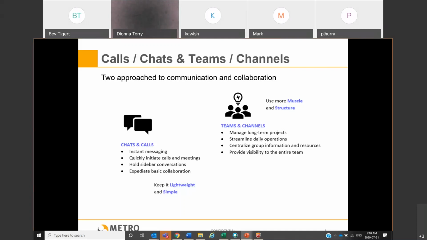There's lots of different ways that we can use our teams and channels. You can also use your teams and channels for a repository for your SOPs, your training guides, keeping it all in one space, all in this collaborative hub. So all of the communication, all of your file sharing, everything that you're doing within a project will be all in one space. No longer are we searching for anything.